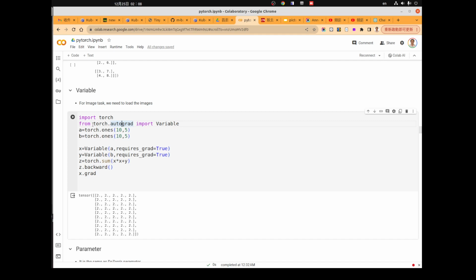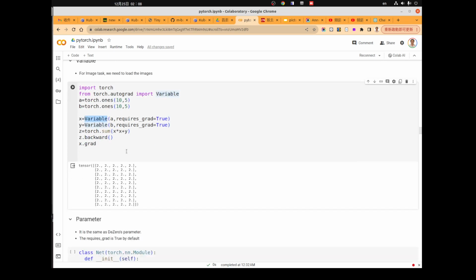We will discuss the details later, but what we should focus on right now is that there is a function called variable. The variable will be able to convert any tensors into a variable in the deep learning framework.